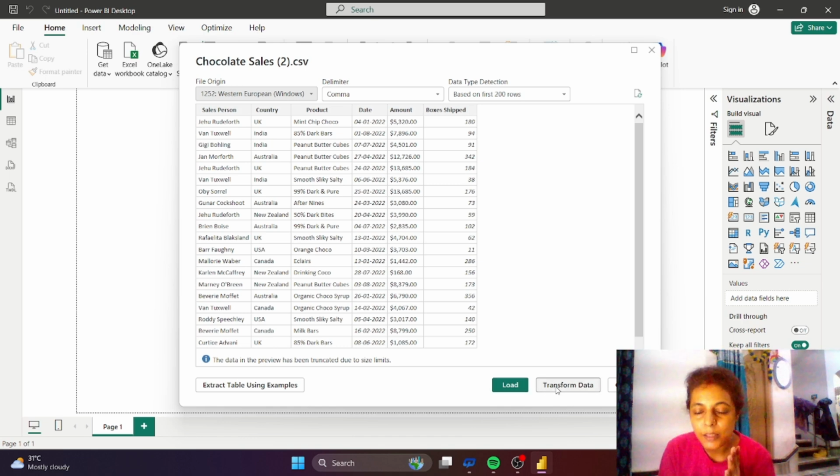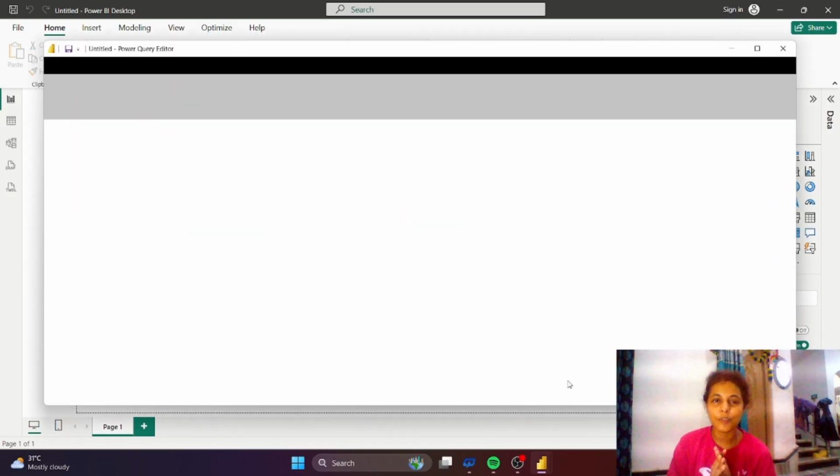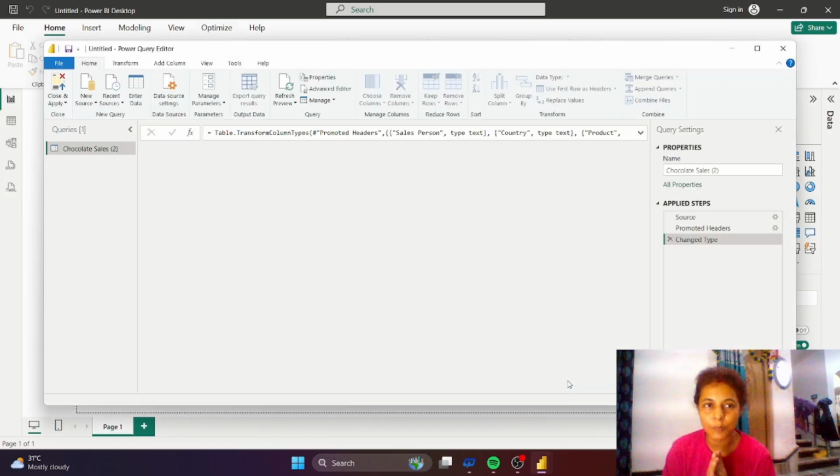The first time you just have to click Transform Data. As I have already told you, it is the process of ETL: first extracting, which I have done, extracted my file, and then go to transform data. This is the second process, transform data.